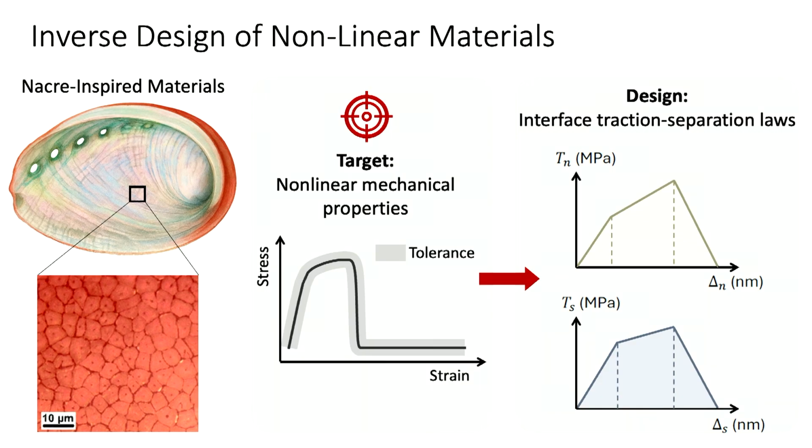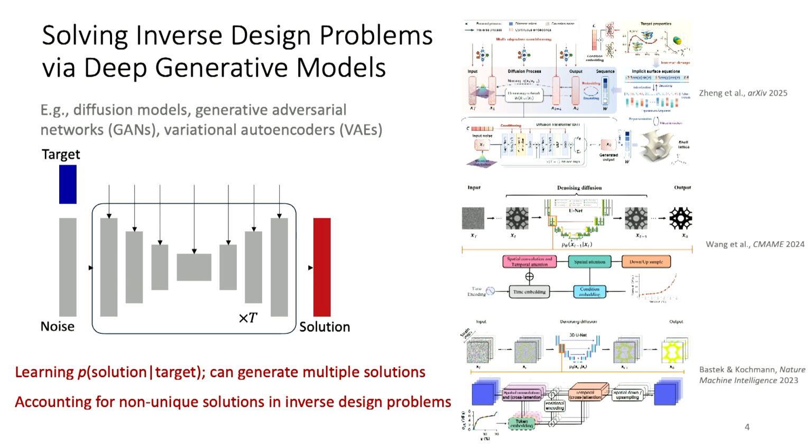So this is an inverse design problem, and for inverse design problems, there is a lot of work using conditional generative models to solve this problem. It's a reasonable choice to use a conditional generative model because in inverse design, a lot of times you get multiple feasible solutions for even just one target. What the conditional generative model can do is learn a distribution of the solution given the target. So basically, you can sample from this distribution to generate multiple potentially feasible solutions, and solve